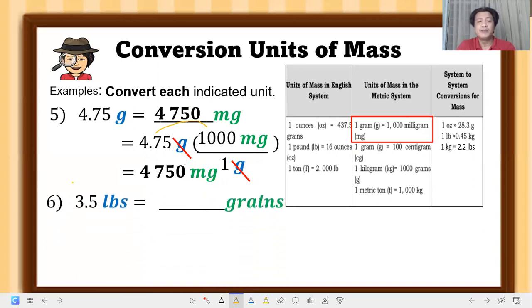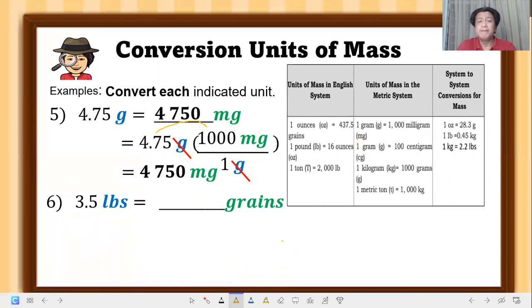Okay, let's have number 6. I have here 3.5 pounds is equal to how many grains? Okay? Ibig sabihin yan, pag sinet up natin yan sa ating dimensional analysis, hindi siya pwede idiretso, no? From pounds to grains. Kaya dalawang unit ang gagamitin natin conversion factor. But take note, yung una kailangan nyo may pounds, kasi from pounds, maka-cancel natin. Okay? At yun yung gagamitin natin ay 1 pound is equal to 16 ounces. And then from ounces, di ba na-cancel na yung pound dyan? Going to grains tayo. At yun yung pangalawa ay 1 ounce is equal to